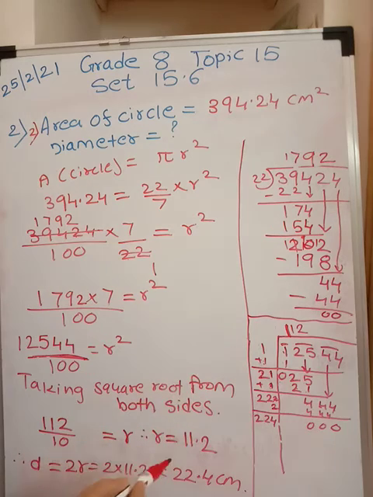And what is the trick to identify we are correct? This number will always be double of this. Alright, so we got 112 as the square root of 12,544 and the square root of 100 is 10. That is why I have written only r and not r square. Now divide by 10 means after one number point will be there. So r will be 11.2. If radius is 11.2, then diameter is twice the radius. So 2 into 11.2, that is 22.4 centimeters.